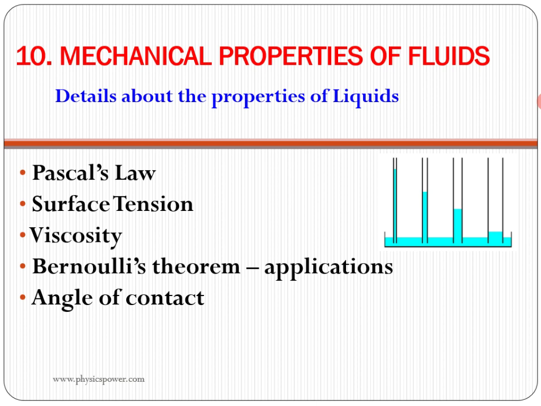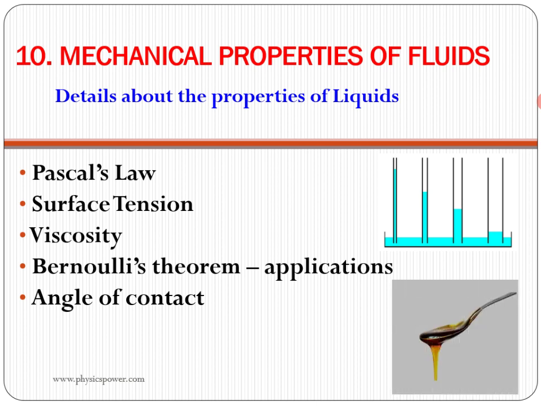And as well as about viscosity, just observe the diagram. So here honey, as for example, if you take water and try to pour like this, then easily water will go down, but honey will not go like this. Reason, it has a viscous nature, means viscosity. So those details you are going to learn. Next,